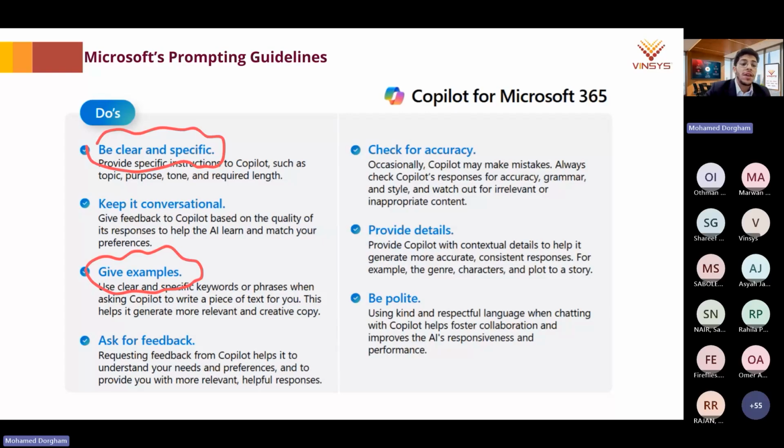Another thing that really helps is that you can even ask the AI to give you feedback. Let's say, for example, you ask it to write an email to a colleague, including this attachment.